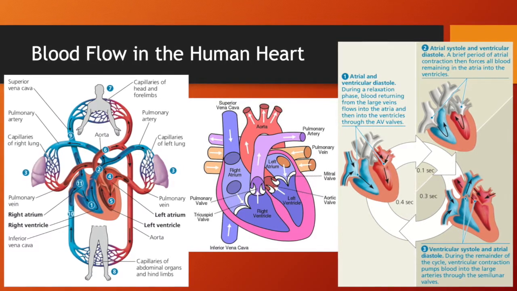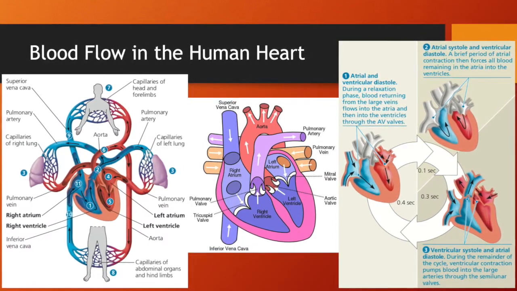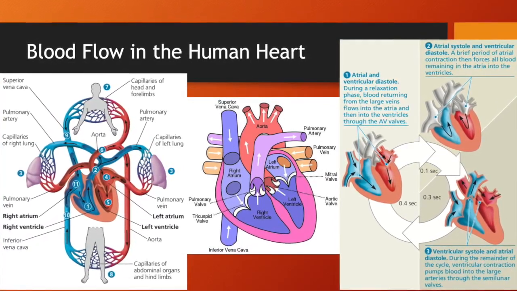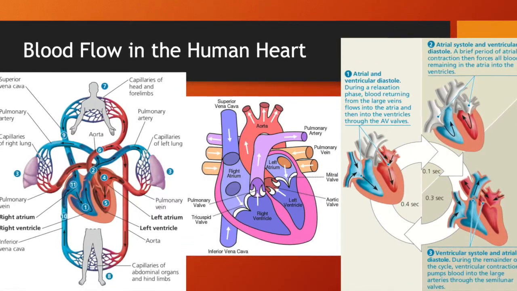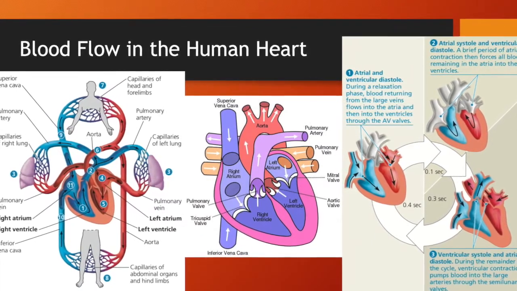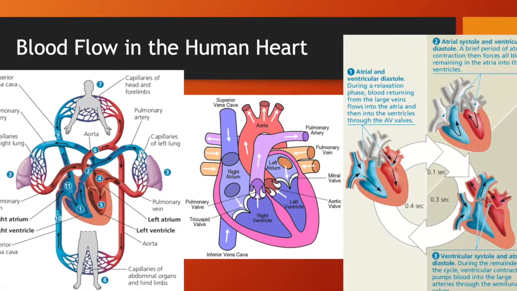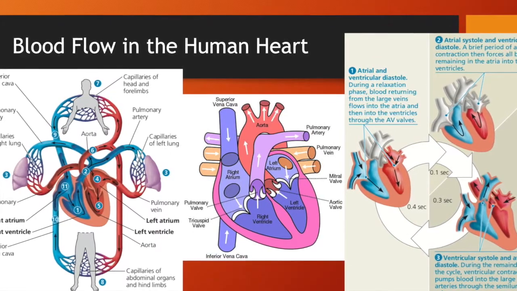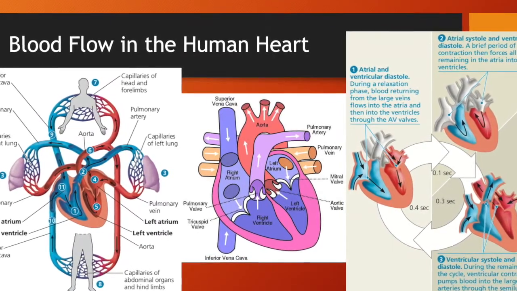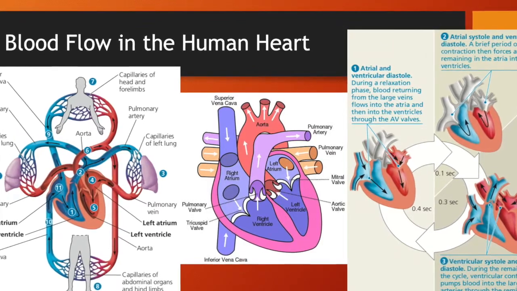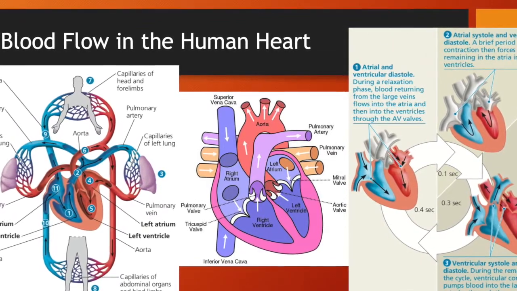So, blood flow within the human heart. Blood flows through the superior and inferior vena cava into the right atrium. Then it will pass through the tricuspid valve into the right ventricle. Through the right ventricle, it will go through the pulmonary valve, through the pulmonary arteries, to be distributed through the